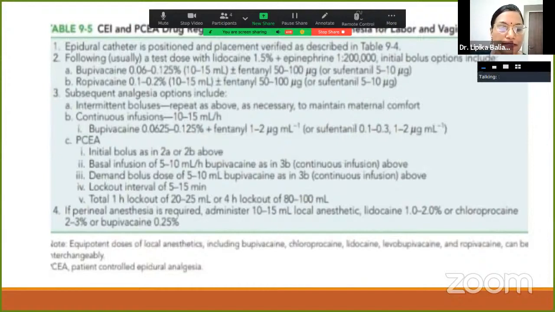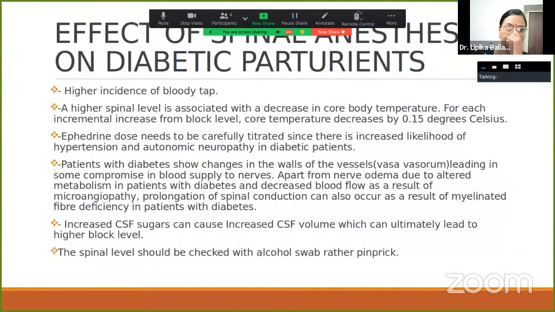And if perineal anesthesia is needed, then we can administer 10 to 15 ml of local anesthetic, that is lignocaine 1 to 2%, chloroprocaine or bupivacaine 0.25%. So this is about labor and vaginal delivery through epidural and PCA pump. So coming to the effect of